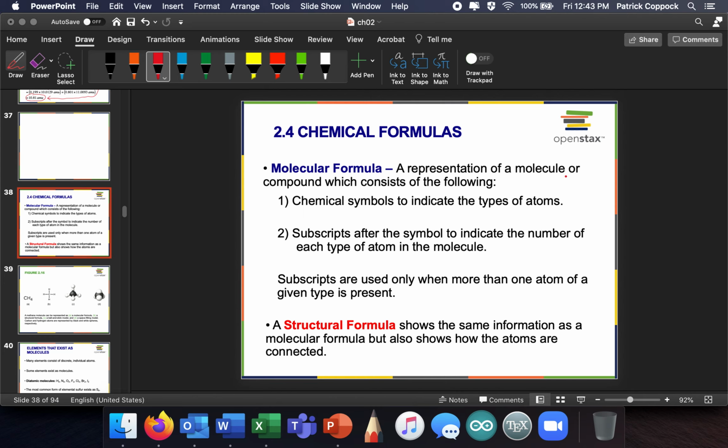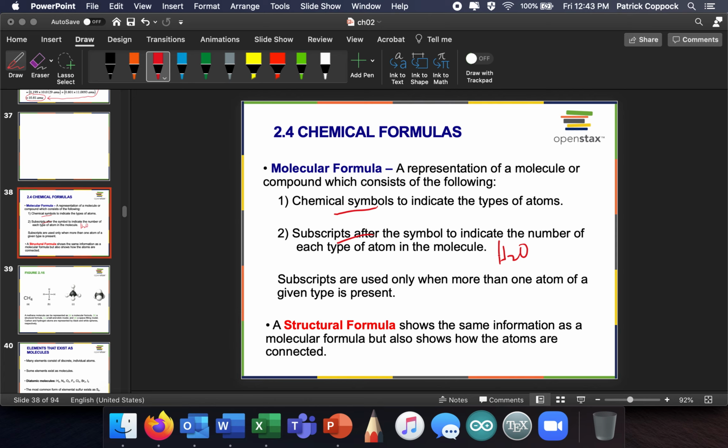All right, so we're going to take a few minutes and talk about chemical formulas. And this is mostly going to be comfortable with you later because you're going to practice it a lot. But it is important that we give some definitions here. So first of all, molecular formulas: representations of molecules which consist of the following: chemical symbols and subscripts. How many of them are there, right? That's what a molecular formula is,